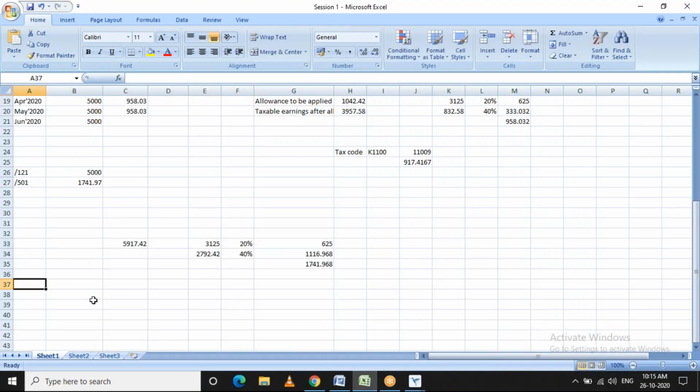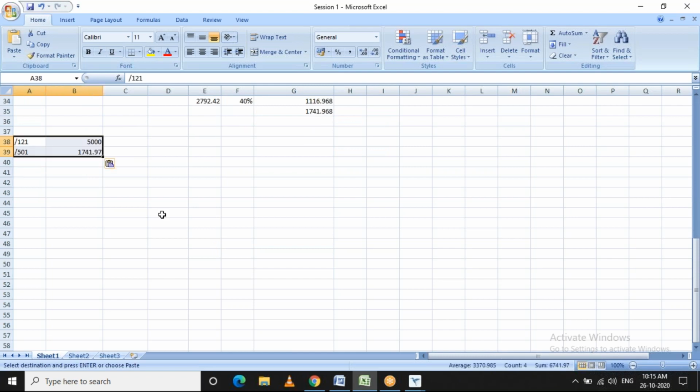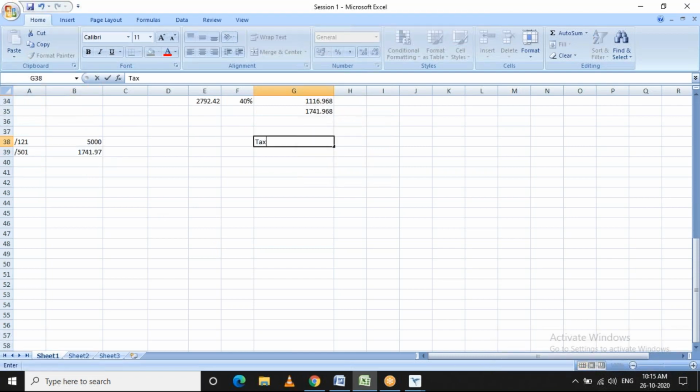For example, let's consider the same taxable earnings and say the tax code is 0T. On this 5,000, 20% will be directly applied, and that will be the tax to be paid for that period. Either it could be 0T or BR. Clear?